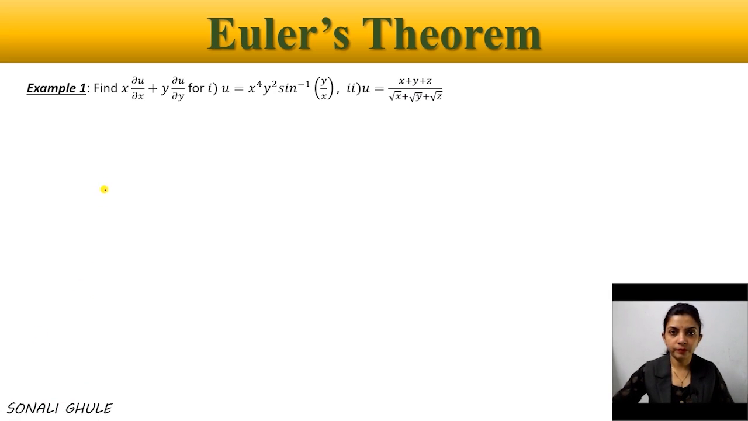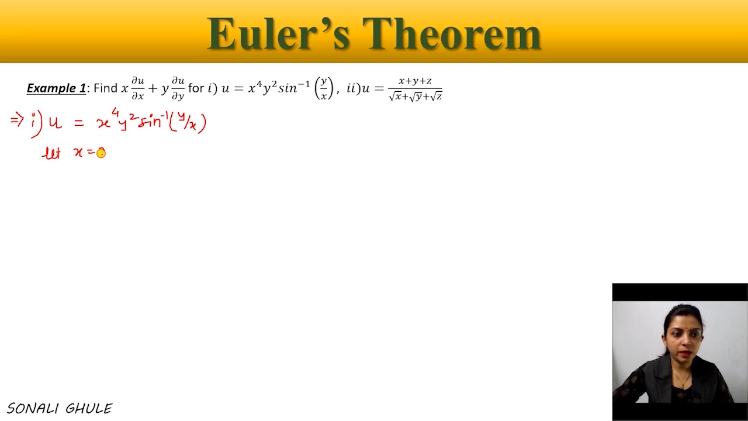So here first of all we solve for u equal to the first function, x raised to 4 y square sine inverse y upon x. Okay, let's solve for this first. So first of all we have to check the degree and whether it is homogeneous or not. Okay, so if we check here, let